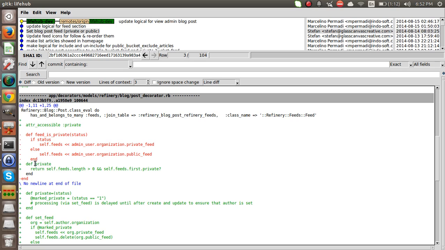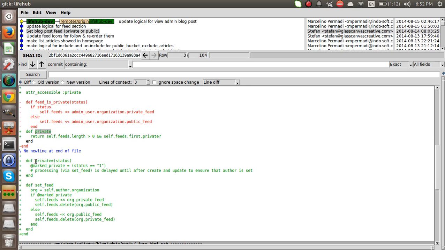methods for you automatically. A private, which is what you call to get what the private state is, whether it's true or false, and then a private equals, which will allow you to set what the private is. So you'd say private equals true to set that to private, or private equals false to set it to false. And what I found was this status was coming in as a string of 1 or a string of 0. So I actually checked to see if the status string is the number 1 as a string, then I mark